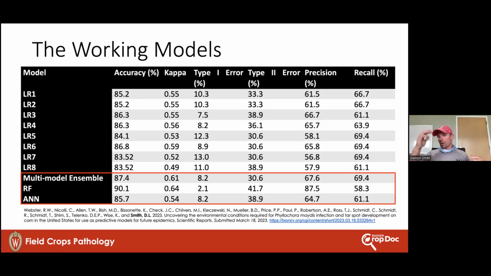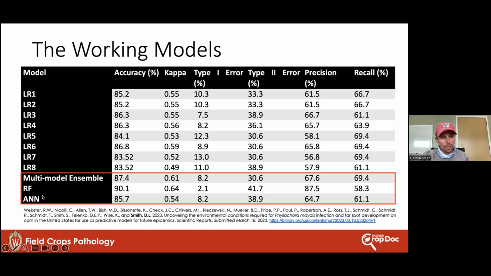We take all this information, the Bayer work, our previous work, what's being published in journals, and we're using that to guide us in terms of model selection. And we're even starting to look at machine learning type of approaches, in addition to our sort of more standard, what we call logistic regression or probabilistic regression type models. And we actually have landed on what we call a multi-model ensemble. So we're actually running two models at the same time and then averaging the outputs together to get our outputs of risk.